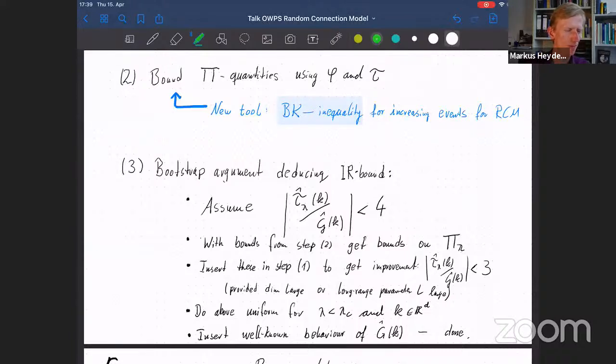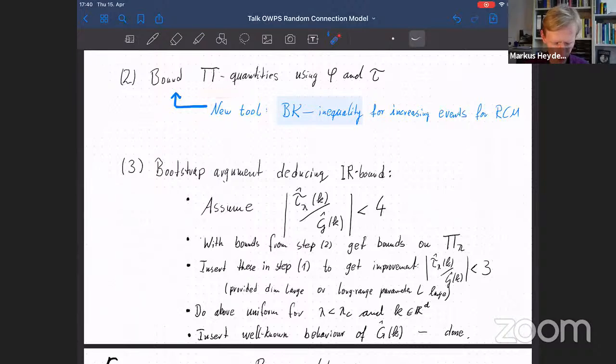So you make an assumption, and so the two quantities that we want to compare finally are the Fourier transform of the two-point function, the tor hat, and the Fourier transform of the Green's function. Ideally we want that these two are relatively close, and so we assume that they are already close. So this is already really good. Let's say the ratio is at most 4, and then we use these bounds from step 2 to get bounds on pi, because